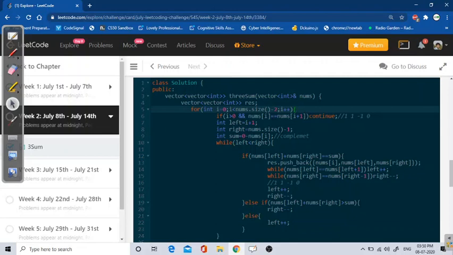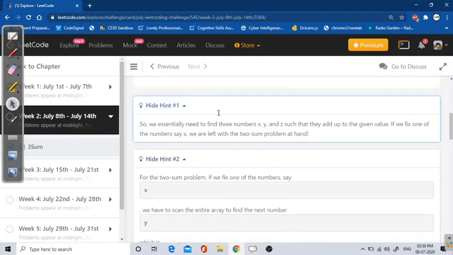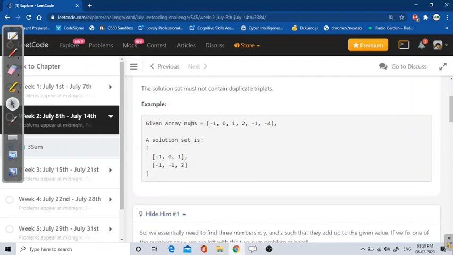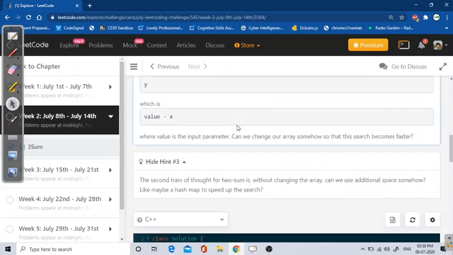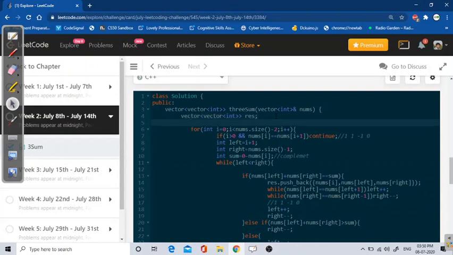Okay, I have to check one more condition: if my nums size is less than 3, because for a triplet I should have at least 3 elements.